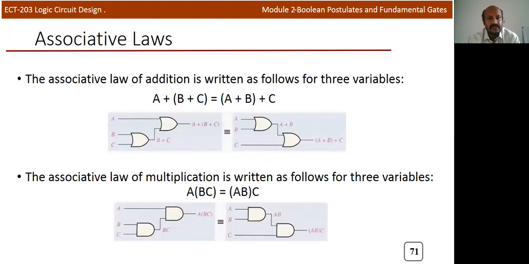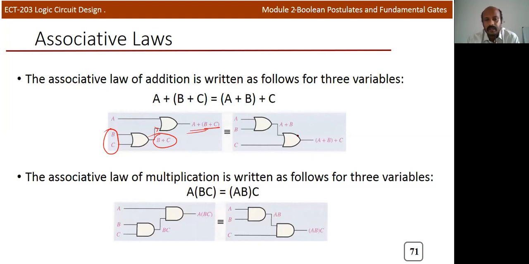And now we'll discuss the associative law. In associative law, you can look at this picture. You can see that there is one OR gate. Here we are applying two inputs B, C. So the output will be B plus C. Okay. So in the second OR gate, we are applying B plus C as one of the inputs, and A directly. So B plus C plus A, you will get some result, A plus B plus C.